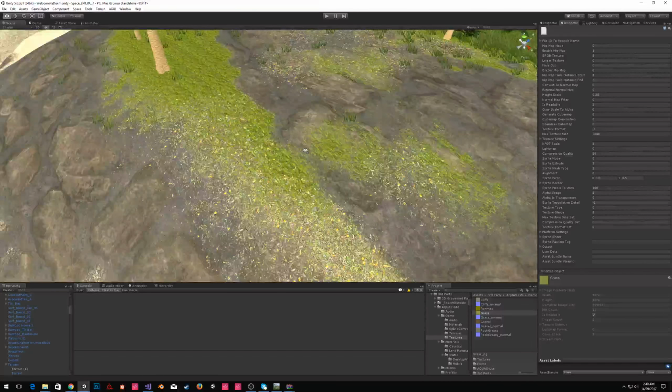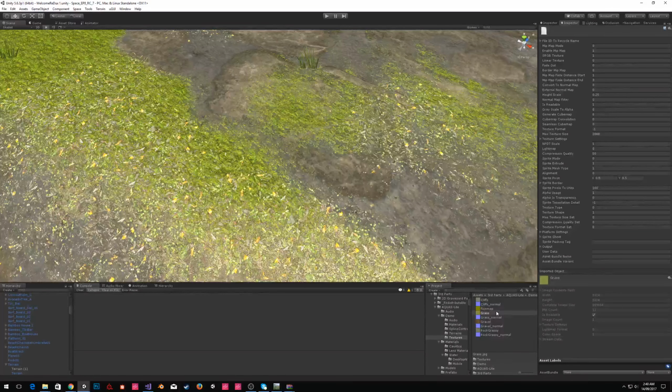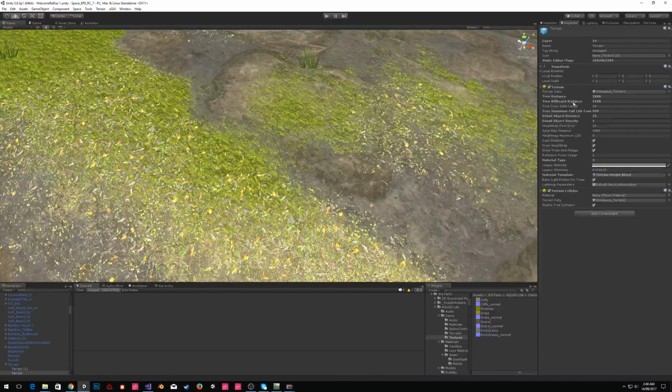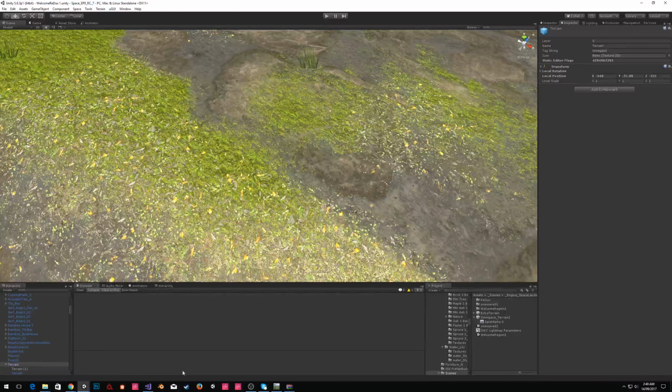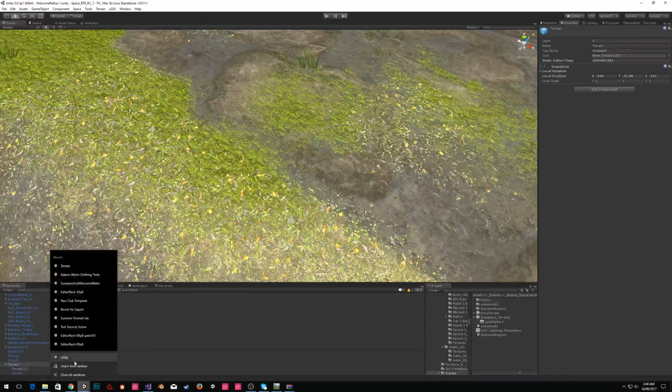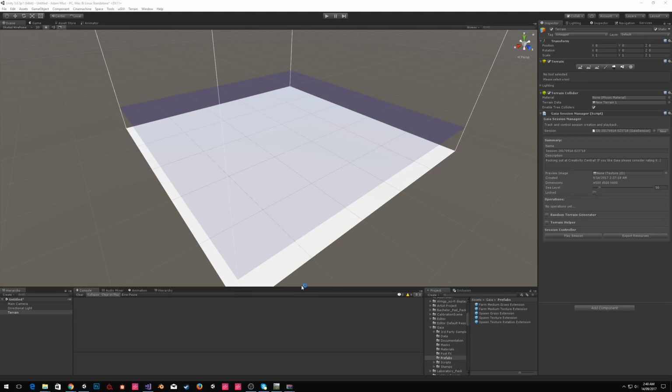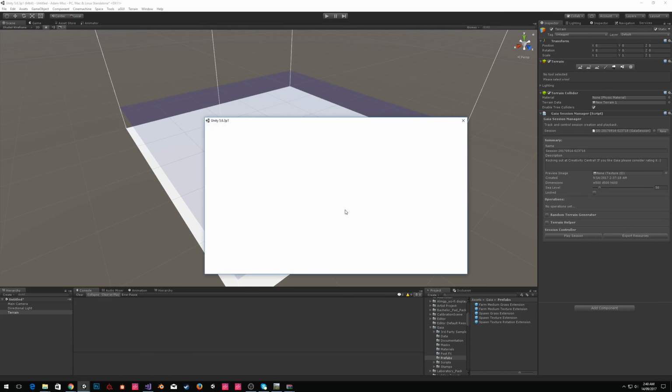So if we bring in the terrain, we'll try and find it. I think this is the one we're using. I'll just see if I can pull in the terrain data. I'm just going to reopen this one while we wait. So this terrain shader basically gives us full blending, and I'll switch it on and off